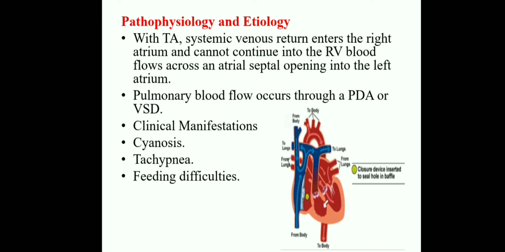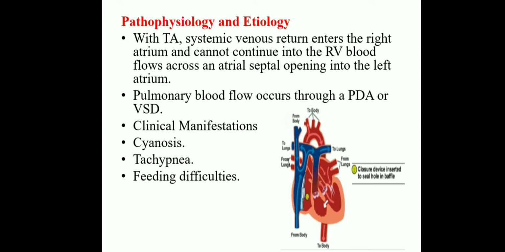The pulmonary artery is narrow at the same time. What happened? The right ventricle has atresia, obstruction, or absence. So again the recirculation will be there, with mixing of the oxygenated and deoxygenated blood. So here the right to left shunt is there. The child suffers with cyanosis, tachypnea, and feeding difficulties. These are the clinical features. Okay, all of you clear?